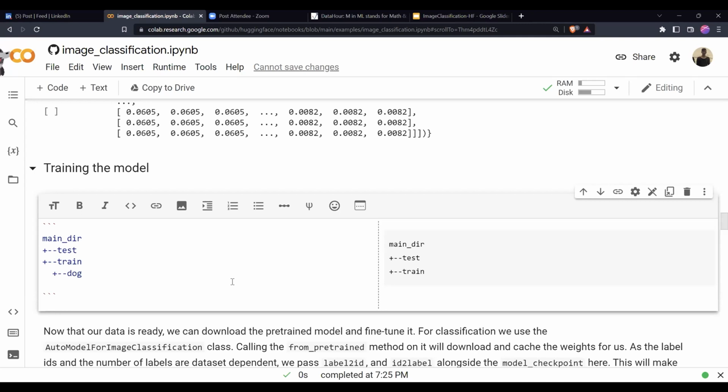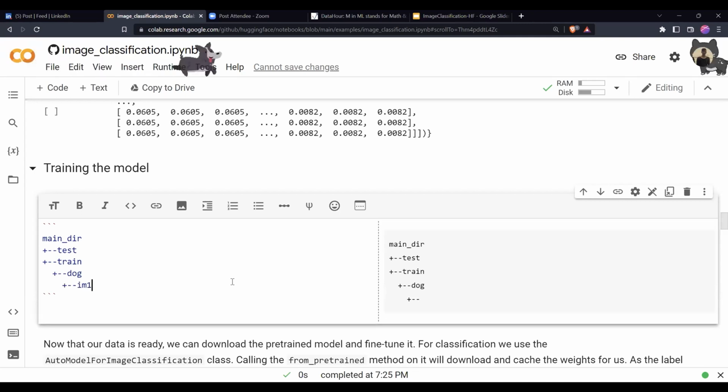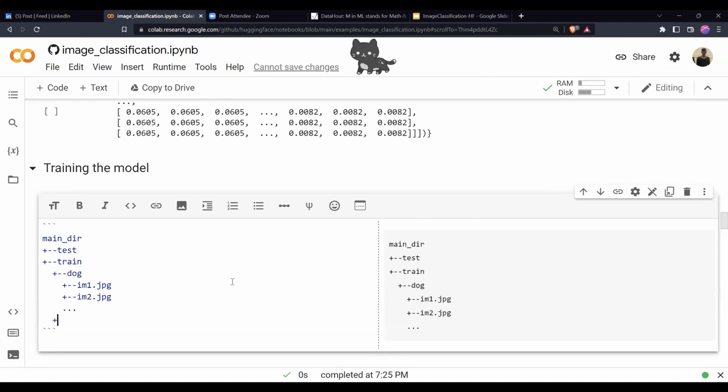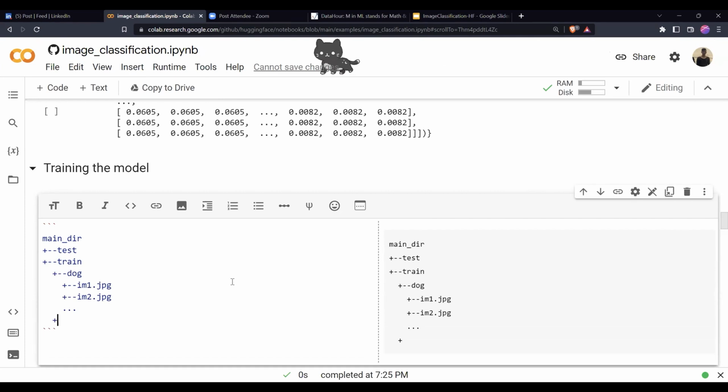Inside dog, you can have images like im1.jpg, im2.jpg. Same way, if you have many images, they will follow the same path. Next, you have another class, let's say cat.